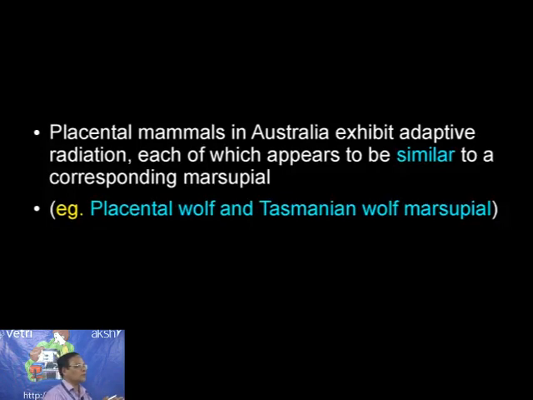For example, take the Tasmanian wolf, which is a marsupial. It has a pouch, the marsupium, a pouched mammal. But the placental mammal doesn't have that pouch. But both are converging towards one point. For leading a life, both have diversified from a common ancestor. If you take the placental mammal, it has diversified following adaptive radiation. And similarly, the marsupials have also diversified from a common ancestor.